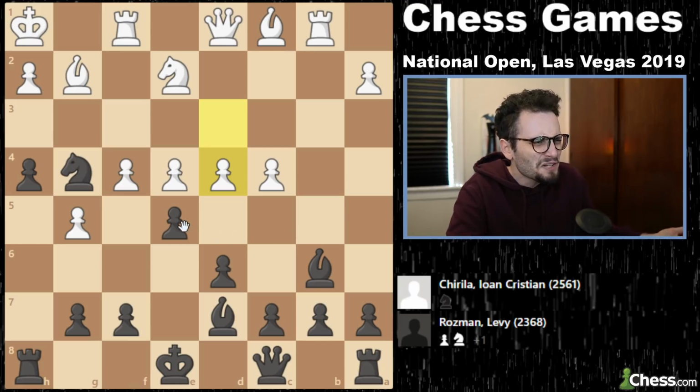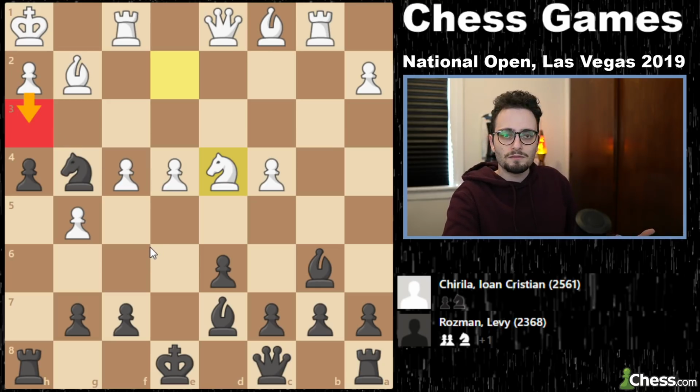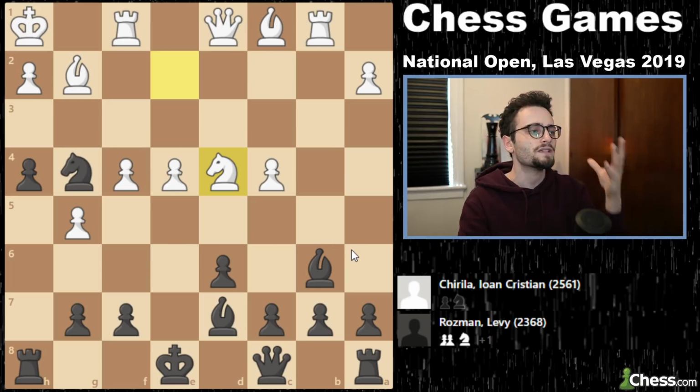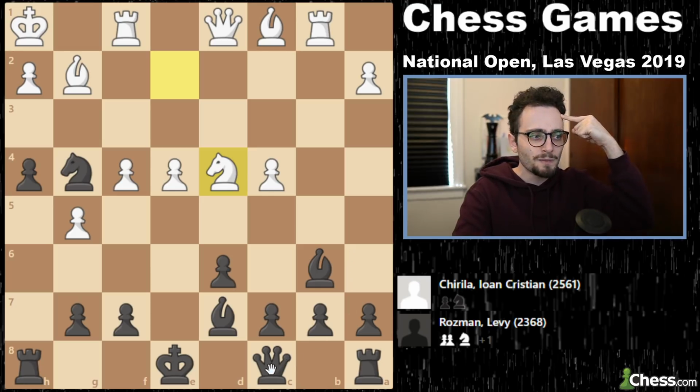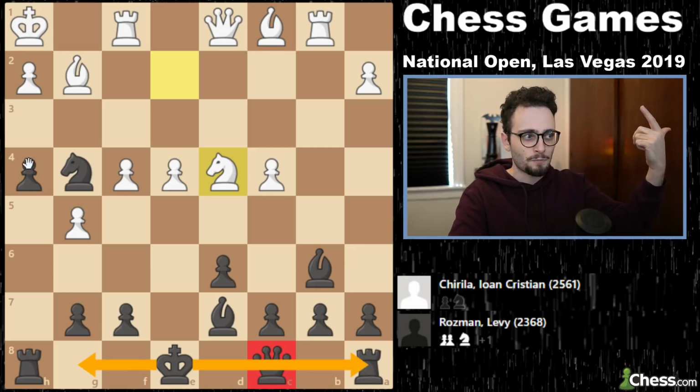Eric Rosen just squealed in delight. Like, wait, how am I not better here? And then when I take, I lose this. So he can take and play h3 and just, my knight is trapped again. Like, yo, what? This is crazy. And stupid me put his queen here, so now stupid me can't even castle queenside. Or kingside, because I pushed my...